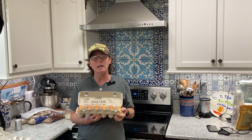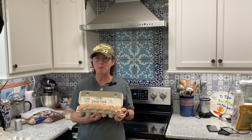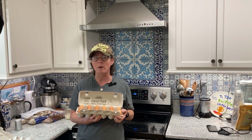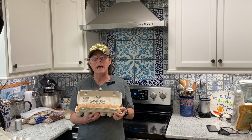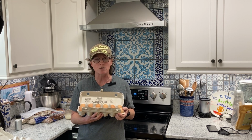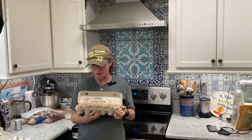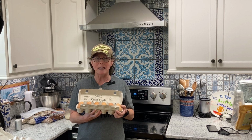Now I want to tell you that 2.5 tablespoons of egg powder and 2.5 tablespoons of water equals 1 egg. So the great thing about the egg powder is you'll be able to use this to make scrambled eggs. You'll be able to use it in your baking and in your recipes, and it will save, if you do it correctly with an oxygen absorber. And I'm going to put mine in mason jars. I'm not going to put them in the foil pouch. They'll last 10 to 25 years,